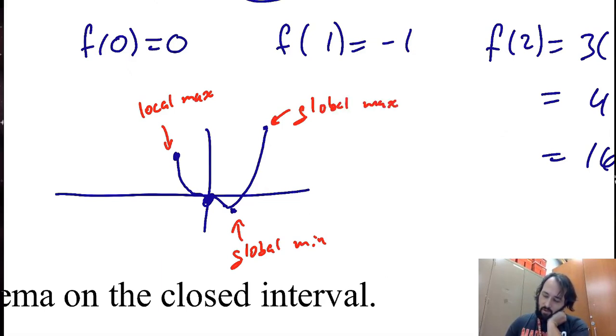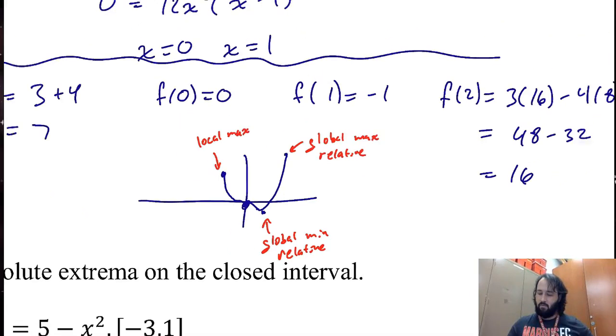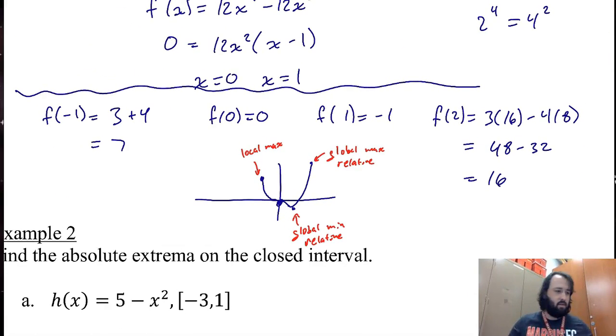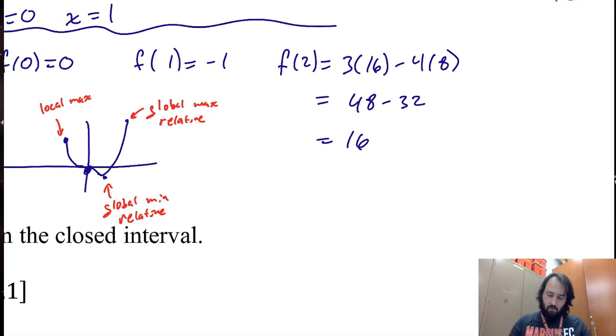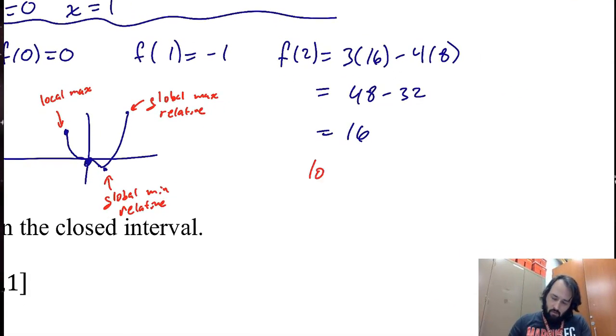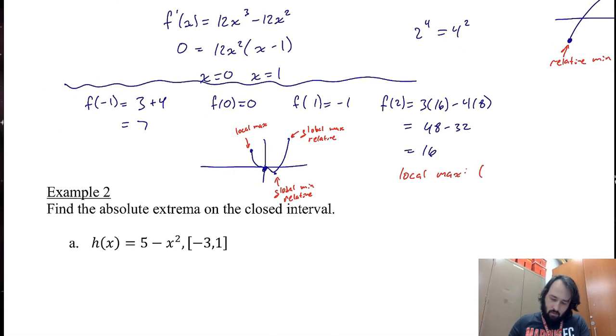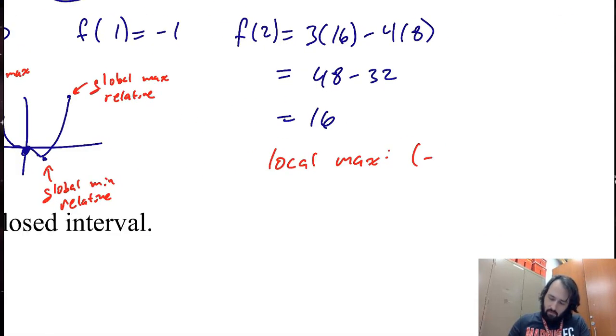This is a global max. All right, and don't forget our globals are also relatives, or locals. Either way you want to say that. So I would list off to the side, and I would say a local max at (-1, 7)